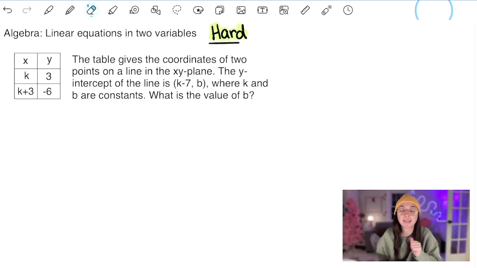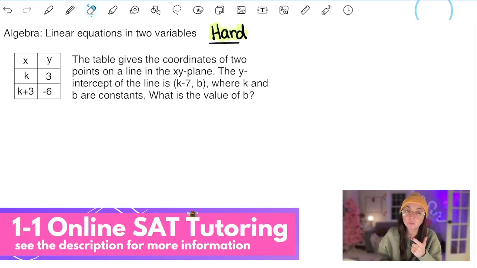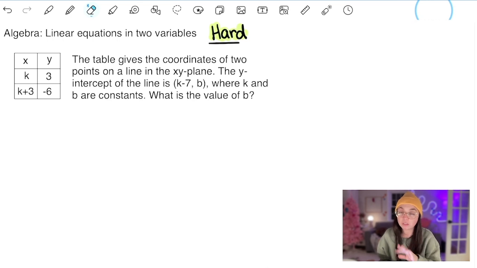Everybody, my name is Erica. I'm an SAT tutor, and today we're going to be doing this problem over here. We're going to do it by hand first, and then we're going to do it in Desmos. So if you already know how to do it by hand, just skip to the Desmos part, but let's jump right